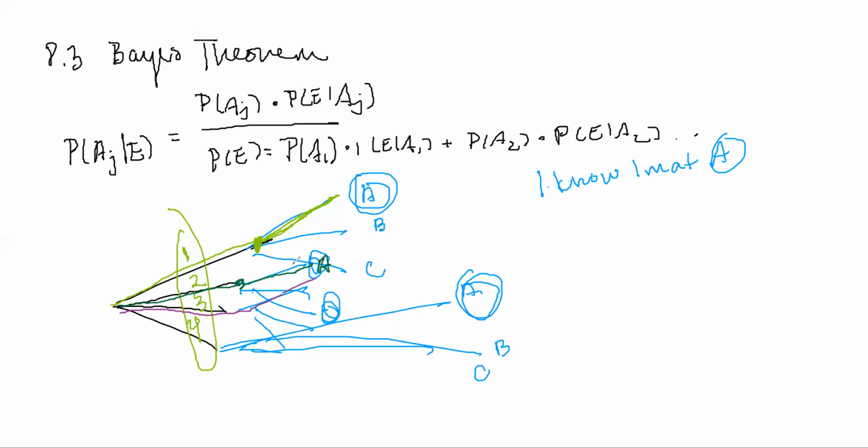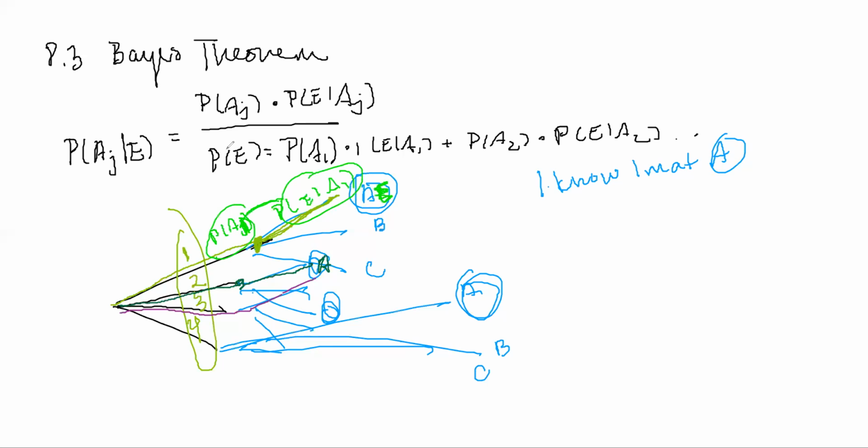And so the probability of me working through these individual events is going to be the probability of this part happening. So the probability of A1 in this case, times the probability of, here I am, this is our event E that we're looking at. So this is the probability of E given that A1 is the case. And so basically we add up all of these individual things, and to find the probability,